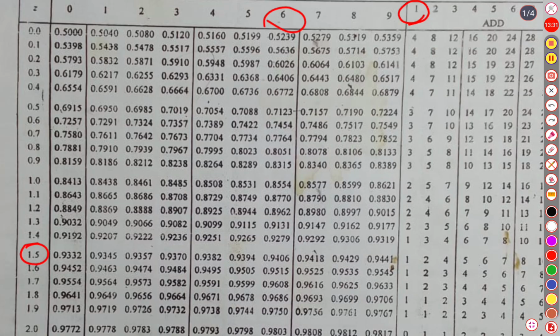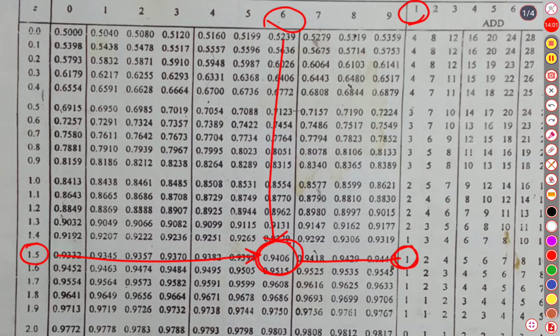Okay, so the row is this one, 1.5, then 6 is over here. After that it is 0.9406. Then we will add up this one for the last digit. This one should be added. Okay, so if we add 1 to 0.9406, it is going to be